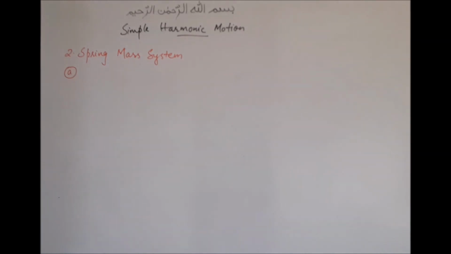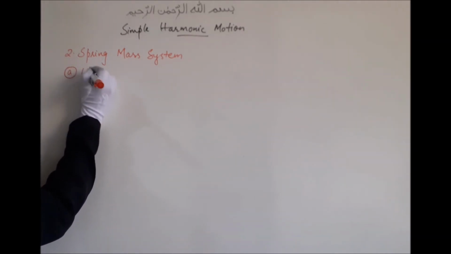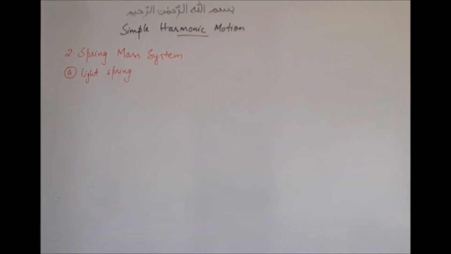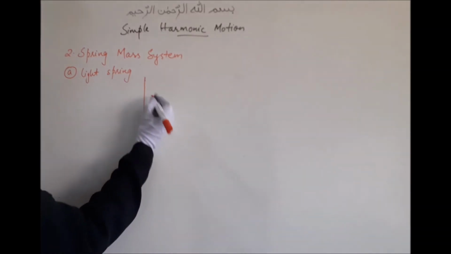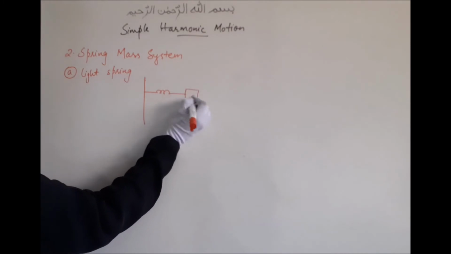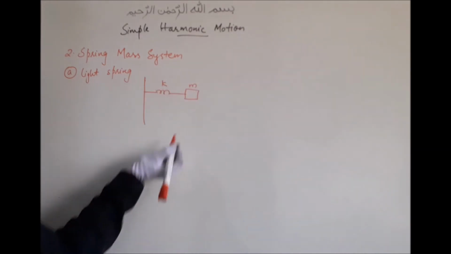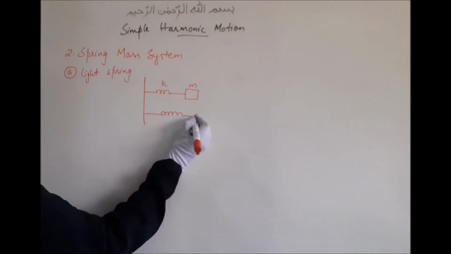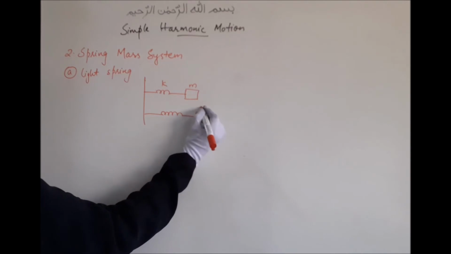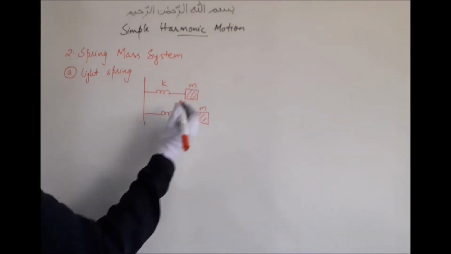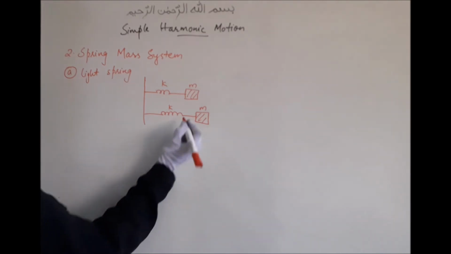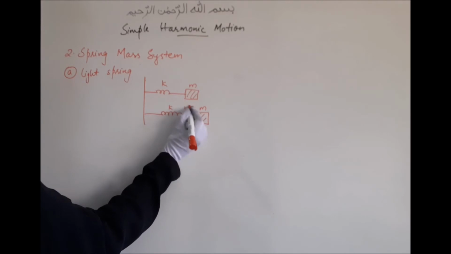First, we will look into the case of having a light spring, or we can also call it when the mass of the spring is negligible. So let's say we have a spring mass system. This is a spring which is attached to some mass m with spring constant k. Now let's say it has undergone some elongation and now it is at this certain position. This is again k, and let's call this extension that it has gone by x.